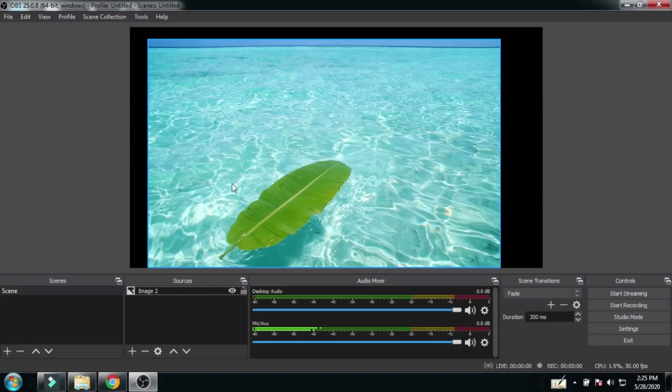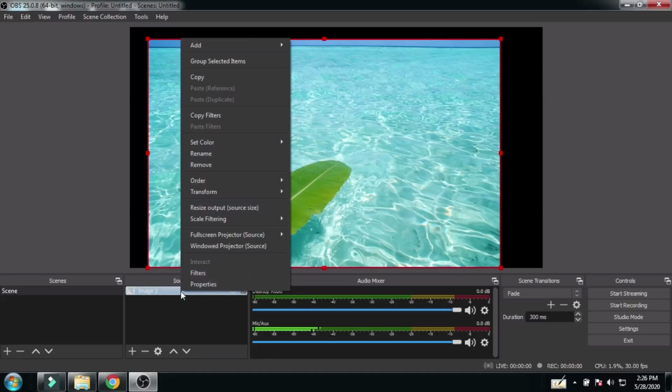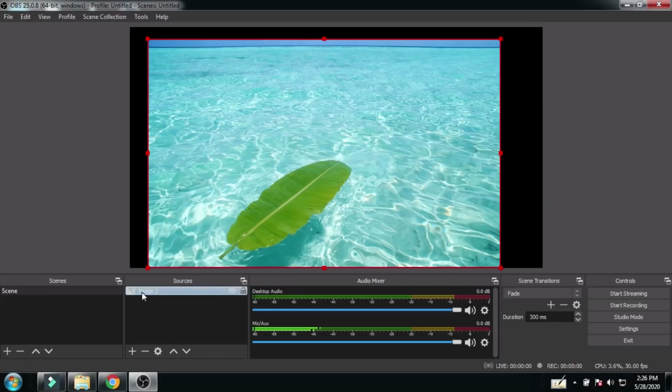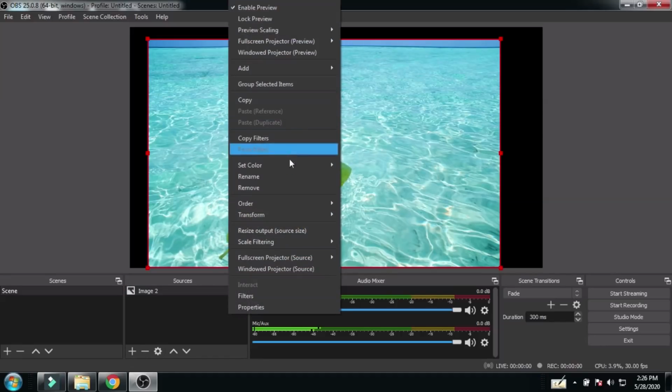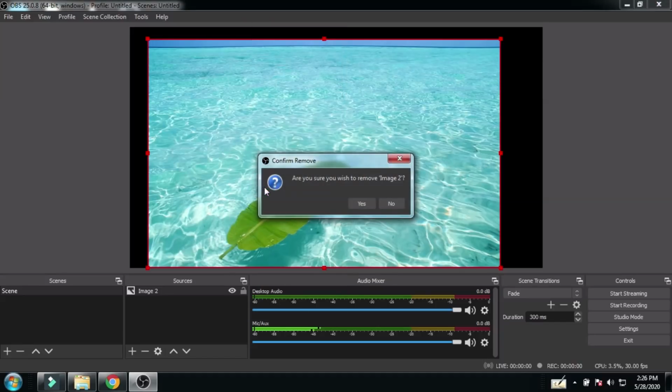And if you want to remove this image, there are two options. Click on the image section, go to the remove section, or click here on the minus sign and directly go from that part, remove, click on yes.